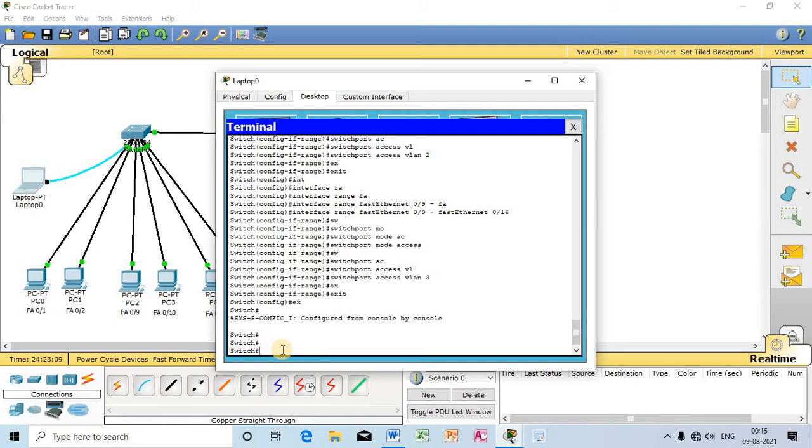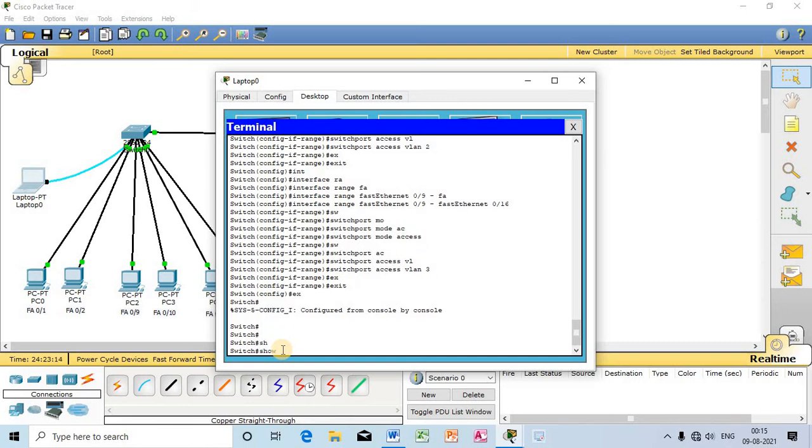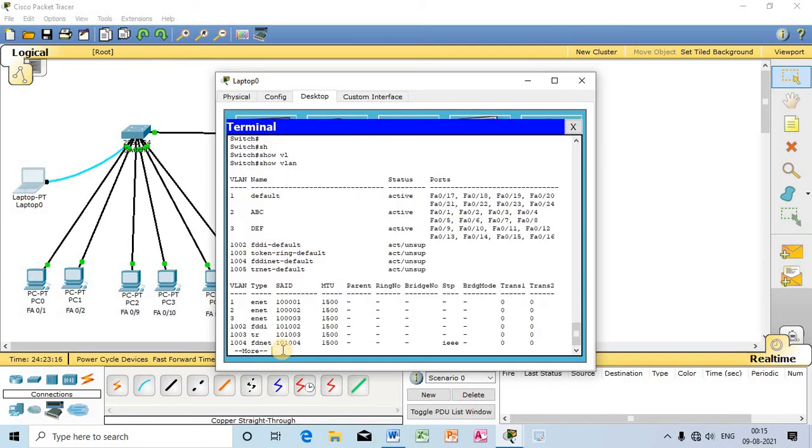For doing that, show VLAN, just observe. Now the default VLAN holds 8 ports starting from fast Ethernet 0/17 to fast Ethernet 0/24. So 8 ports, it holds 8 ports.